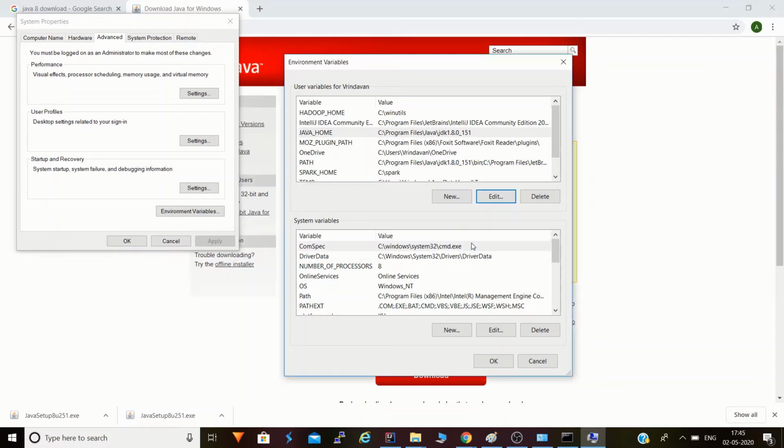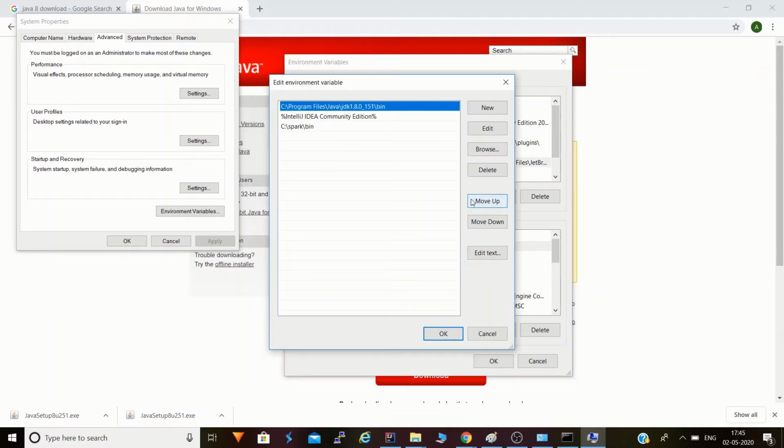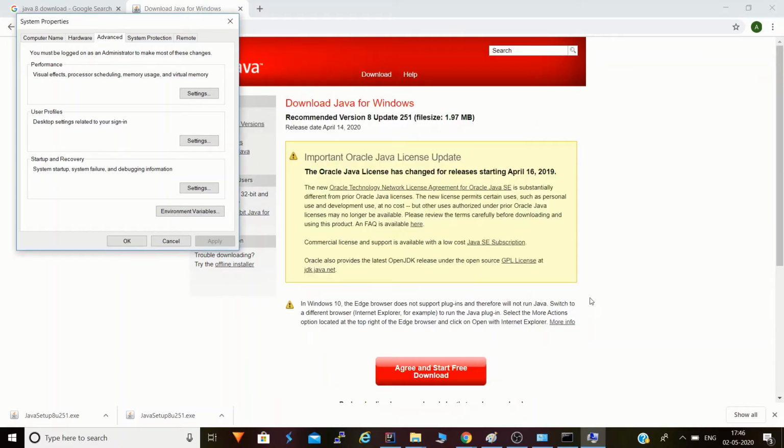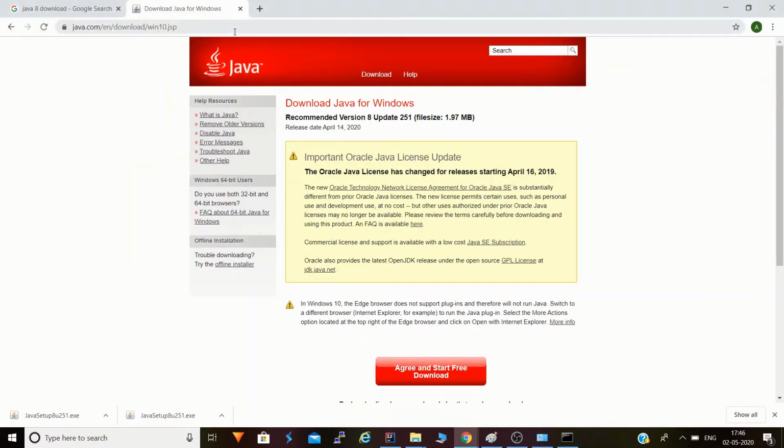Just click OK. The second variable you have to provide is Path. We'll edit it. For Path we provide up to bin. So in home you have provided up to the JDK, and in Path you have provided up to bin. Just add these environment variables. So our Java 1.8 installation has been done.